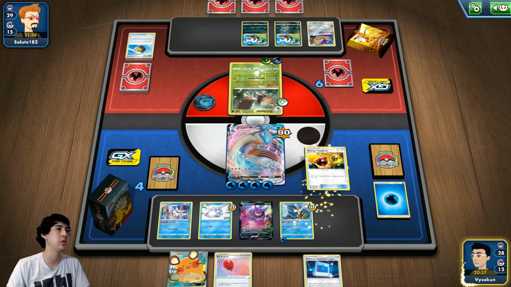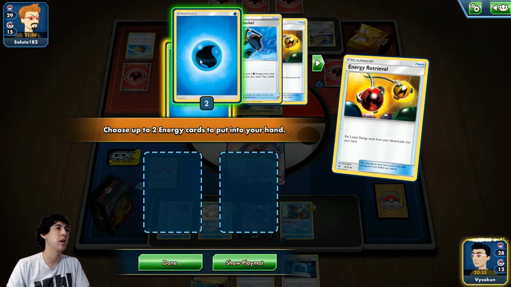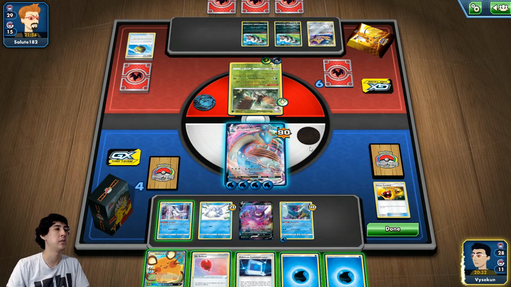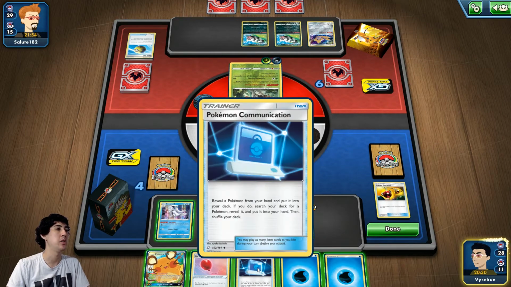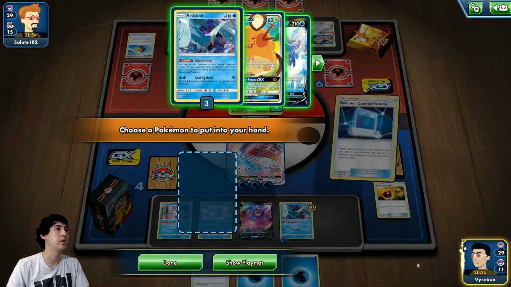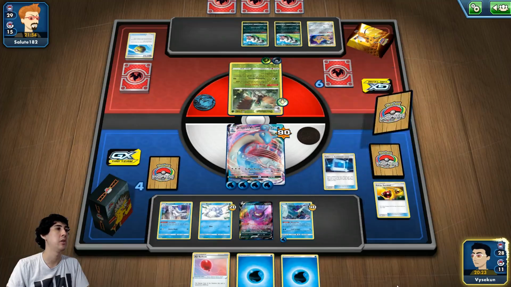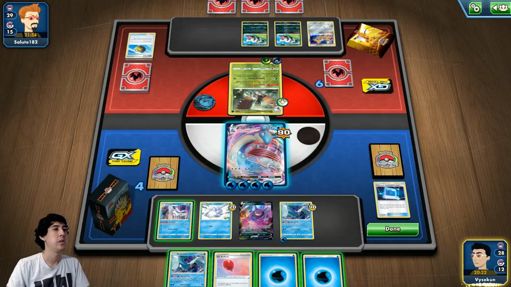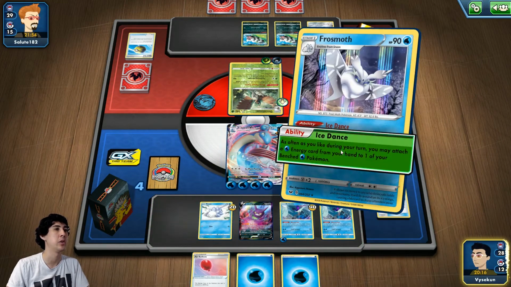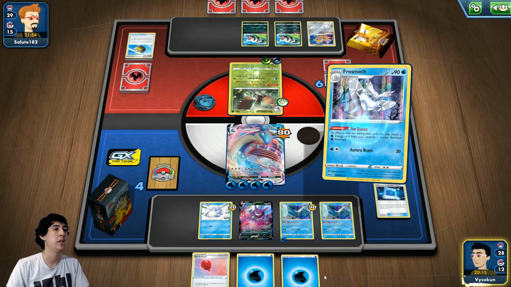So, we've got the Dedenne, but we're not going to use it. So we're going to use Energy Retrieval, and we're going to grab 2 Water Energy from the discard pile, like so. We're going to use Pokemon Communication, Dedenne away, Articuno. Now we're actually going to attack with the fresh Articuno first, and the reason for that is